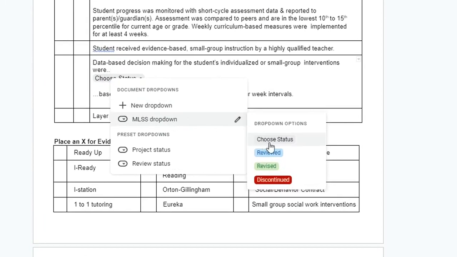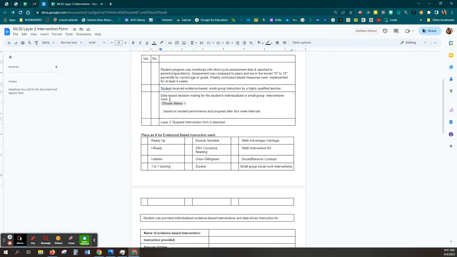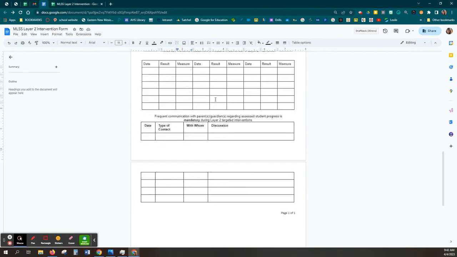The very first option you gray out so that it's the directions for the drop down. "Choose the status" is what I wanted the top one to say, and I want it to stay on that one so people are directed to choose the status by clicking on it and choosing. And you can make these whatever colors you want, but everybody will be able to put what their part is